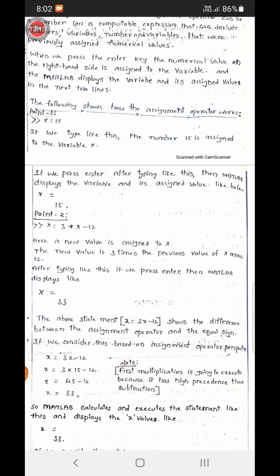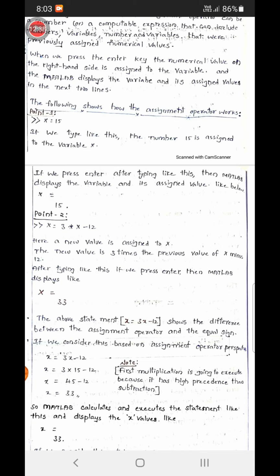Observe the difference. A new value is assigned to variable x. The new value is 3 times the previous value of x minus 12, that is, 3x minus 12.